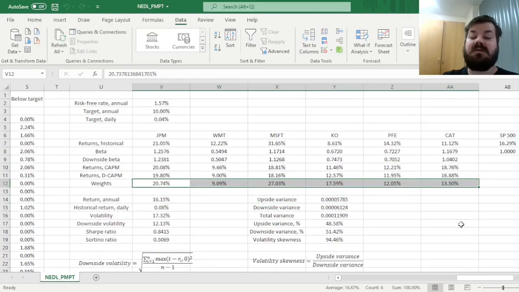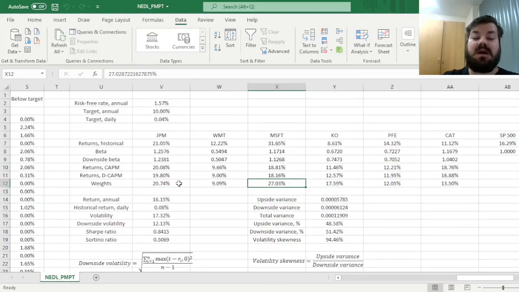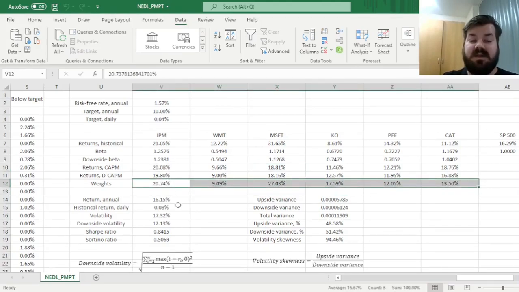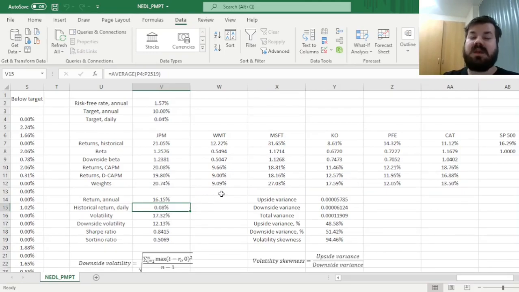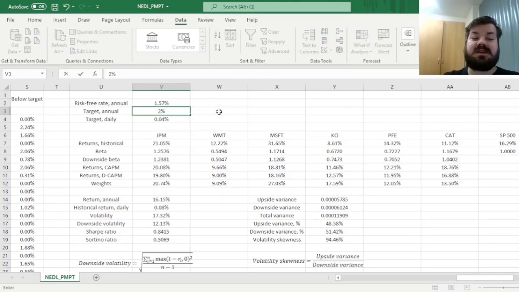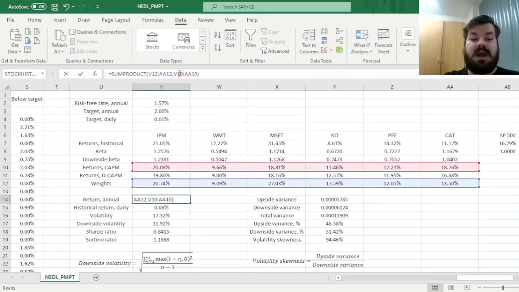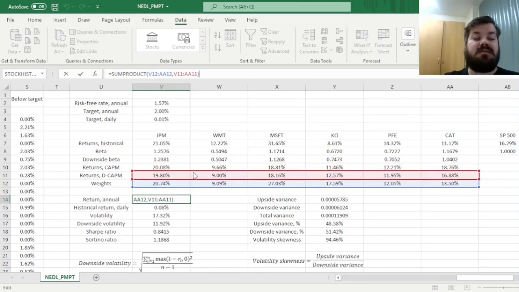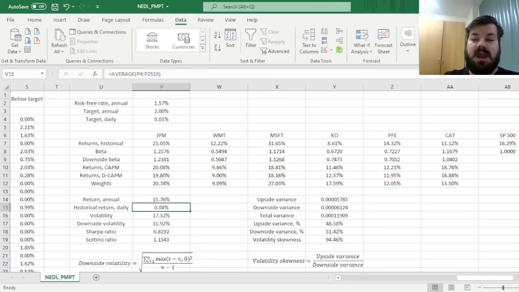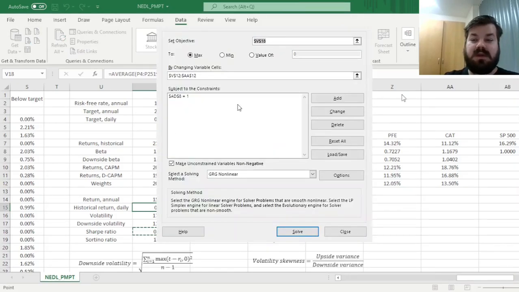And here we see that we've got quite a diversified portfolio with large exposures to Microsoft and JP Morgan, given their high expected returns here, and the stock we've got least exposure to is Walmart with 9%. So this portfolio is quite diversified. Let's see what would happen with postmodern portfolio theory portfolios, starting with someone quite risk-averse with a target return of 2% per annum, and with downside cap expected returns. If we click Solver, and now we would like to optimize the Sortino ratio in cell V19 instead of the Sharpe ratio, we can simply click Solve,